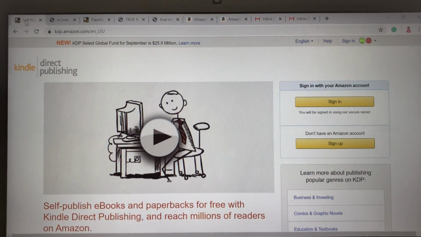Self-publishing is today's topic, and I'm going to make a tutorial on how you can create your account for Amazon and how you can upload your books on Amazon without paying even a single dollar. Yes, it is self-publishing, where you can publish your books without paying any amount to any